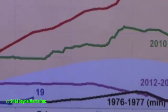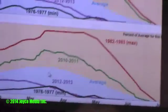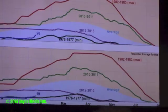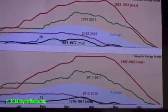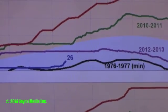Once again, here you can see this is the north, the central, and the south. This is the snowfall as measured as water content. And you can see here that we barely made a little blip up. There's a little blip here in the center, but we're still very, very dry when we